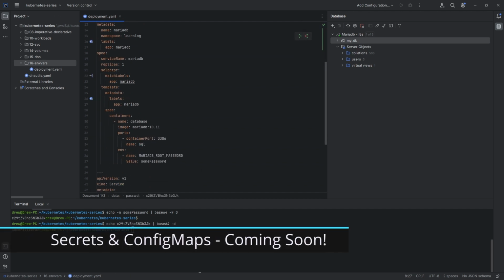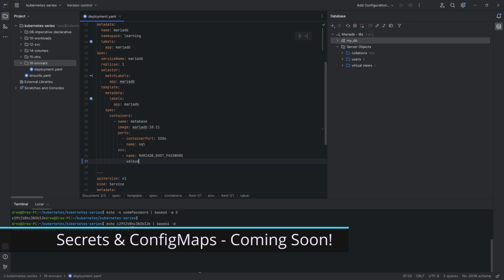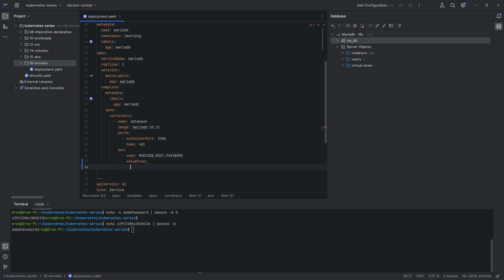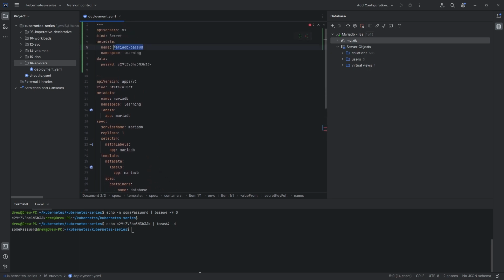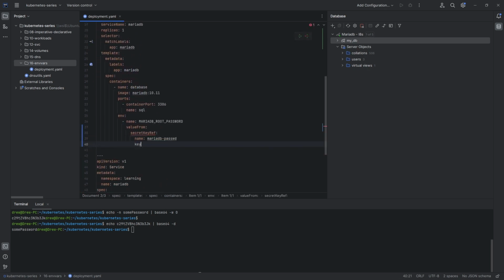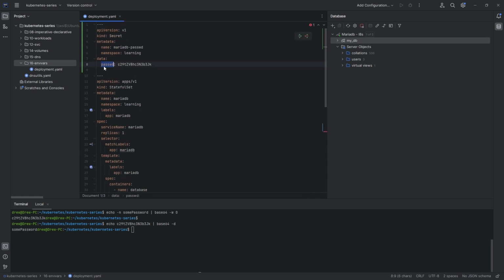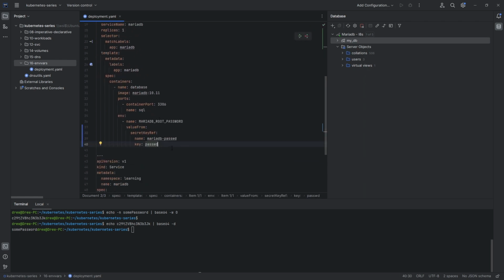Okay, so where do we use this secret? Well, we can still use this here. Okay, so we'll do value from. So the value from is a secret key ref, which has just popped up there. So it's key ref. Then we want a name. So we can give the name of the secret, which is MariaDB password. And then the key is this key here. Okay, so we'll pop that in as well. So now you can see